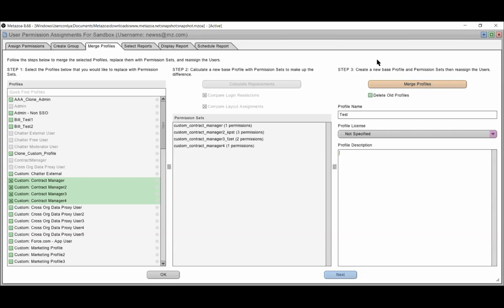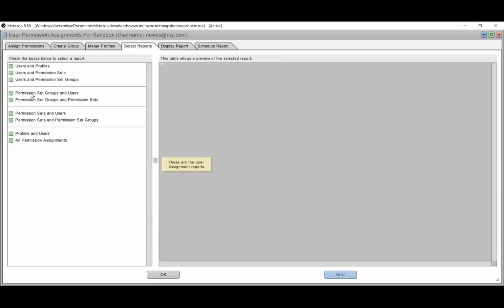It can be done, yes, of course, but it's very complex. So anyway, love that part of the tool there as well. And then after that, we just have bunches of cool reports you could run, like show me all the users assigned to which permission set groups, or what users are assigned to what permission sets, those kind of reports that you can just come in here and run and have for administrator reference,